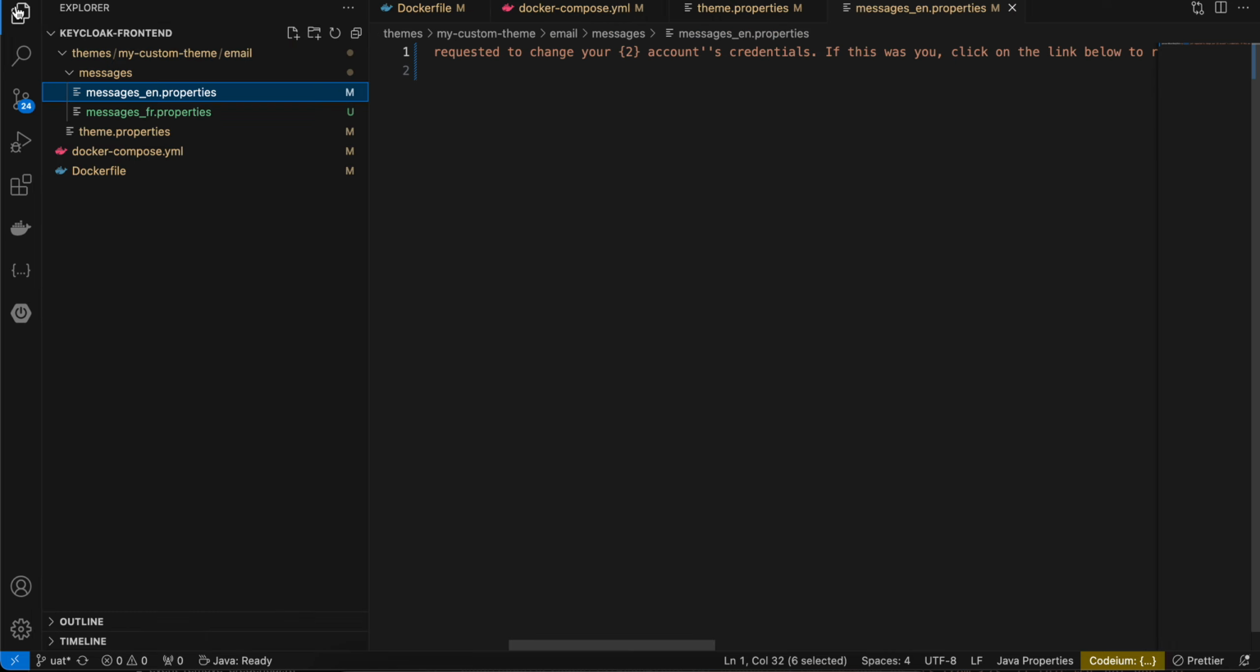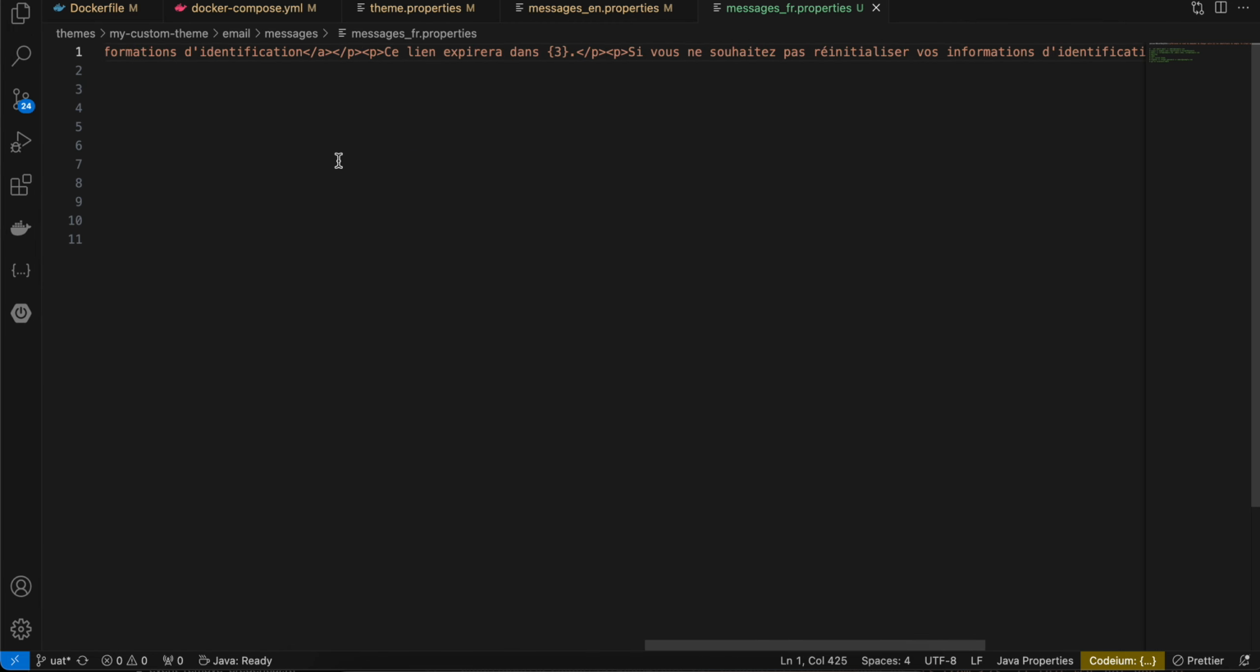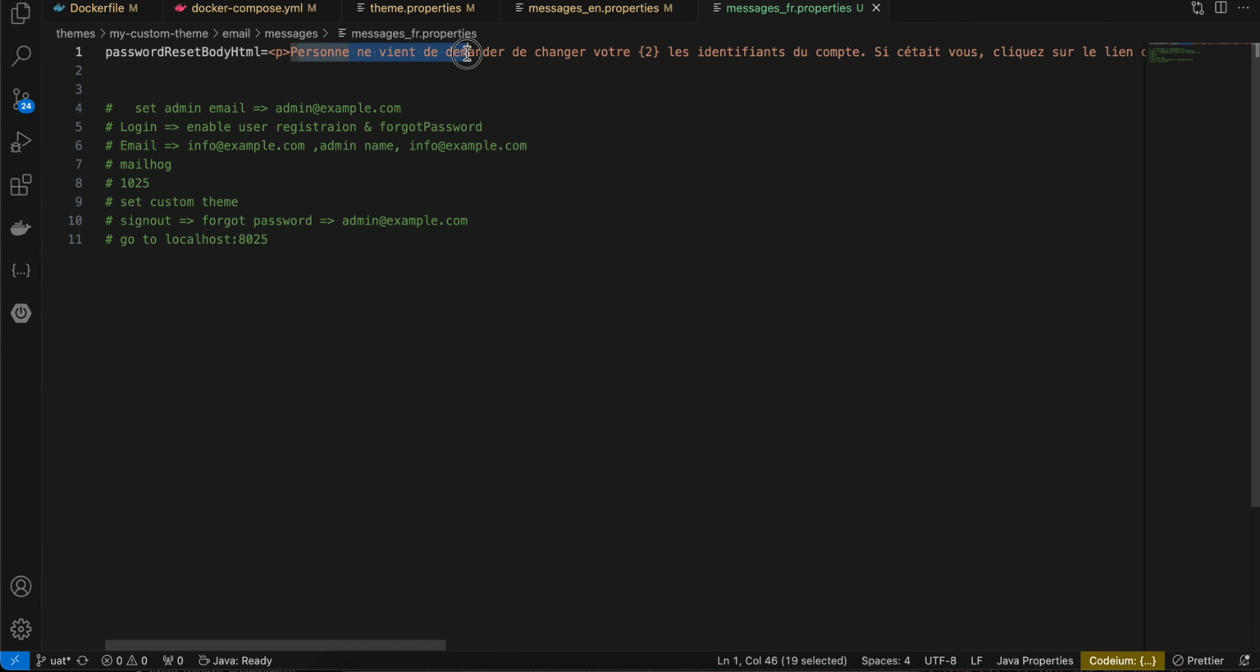Same thing I have done over here as well. Messages underscore fr dot properties, all I did was I just converted this to French. Okay, now